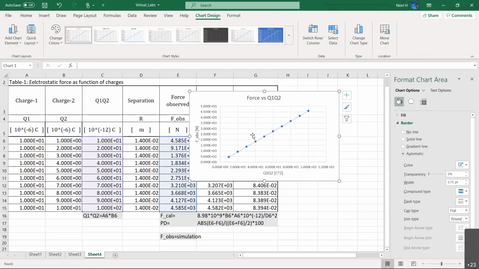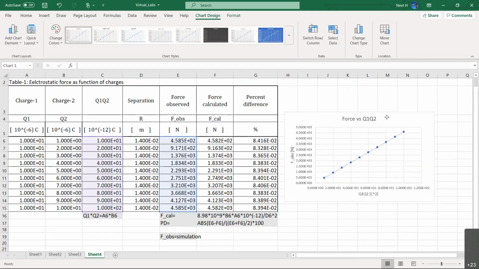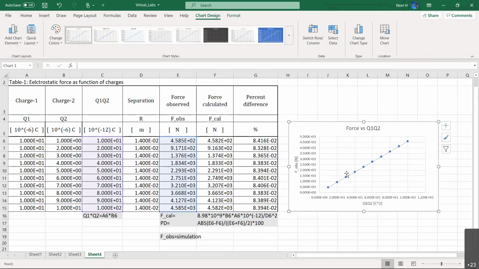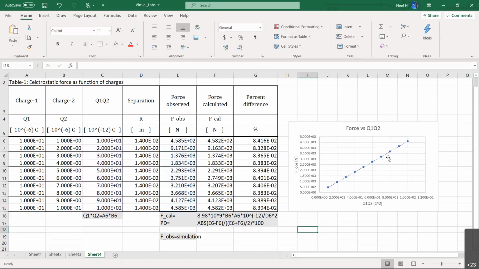And then if you have a scatter plot, make sure there is always a fitted line. The fitted line should be a dotted line, so that is a trend line. Okay, and in this case the trend line should be linear. We are not doing any calculation with the graph at this point. You can leave it like that and then copy paste this graph into your Word file later. Okay, any questions so far? And then you have to write a couple of sentences to explain whether you get the expected behavior or not from the simulation. Okay, so that you can do in your lab report.